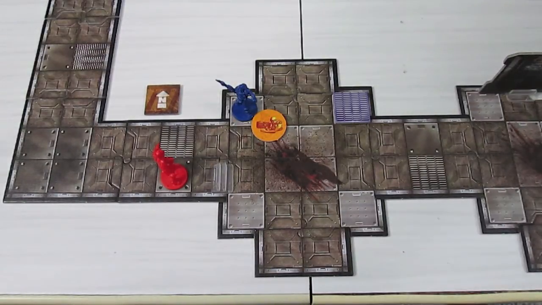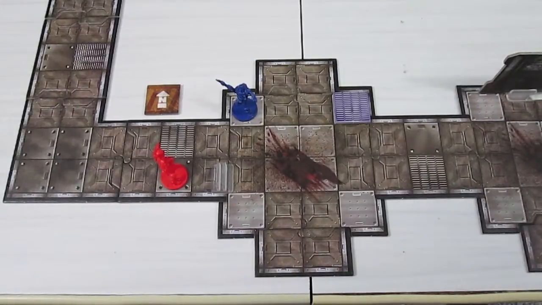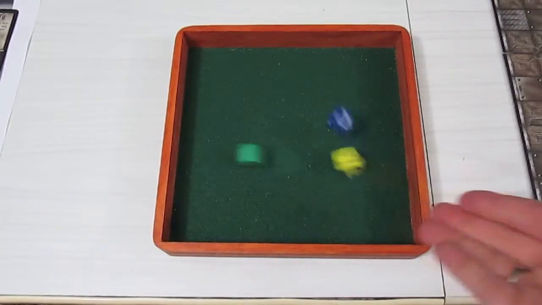That's a yellow, a blue, and a green with 5 range because he's a marksman. And the machine gun gives him 2. So let's go to the dice tray and see if our Marine can take down the imp. So he uses his Overwatch ability. Let's roll some dice. All right, the machine gun...